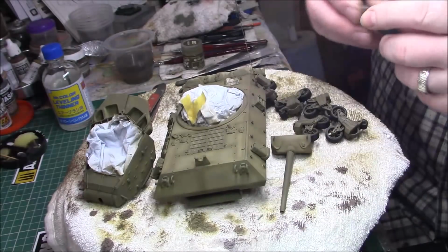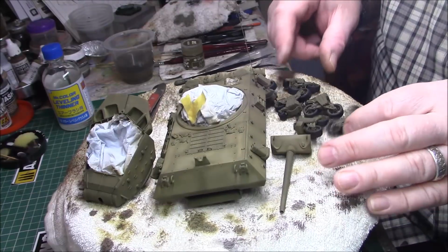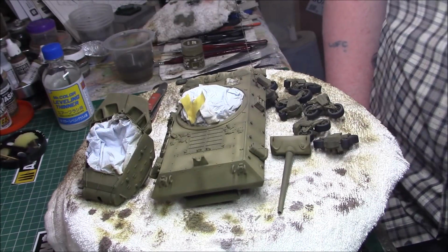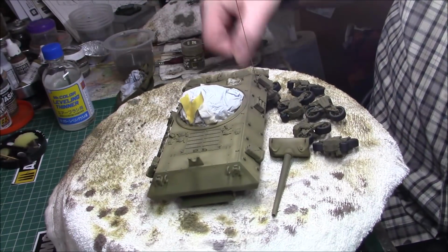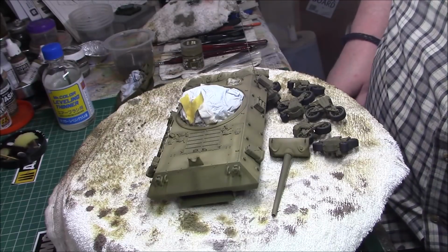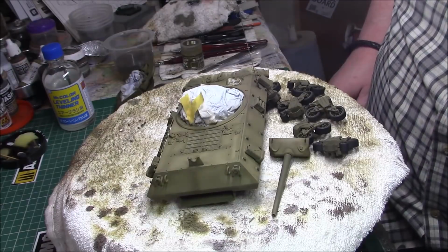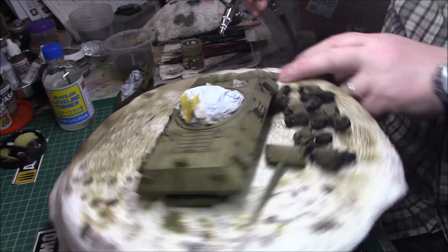What I did with these, I painted it all before I put it together, just scraped off the paint where I glued, and I got a good result, so quite pleased with that. So let's fire up the air gun and we shall start on the upper hull with the paint. So I'll just fire her up. There we go. I've already preloaded the brush,